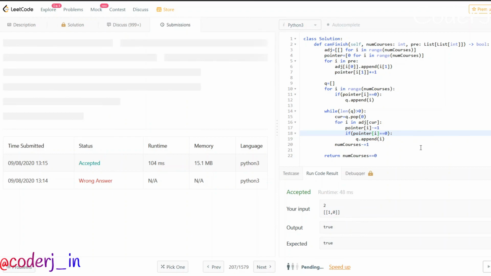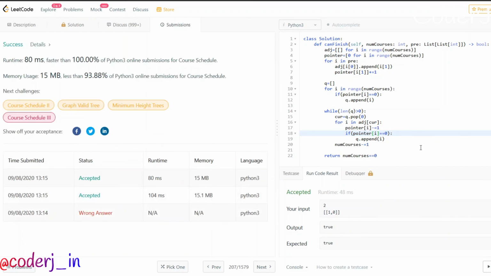I solved this using a topological sort. There's another way possible to solve this, and that is to use a cycle detection algorithm. But the problem in that was I have to do it multiple times. I have to keep on repeating that. So that is why I chose to avoid that, and I used the topological sort pattern. So this was my solution, and thank you.